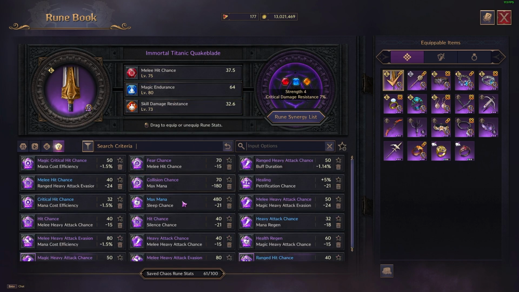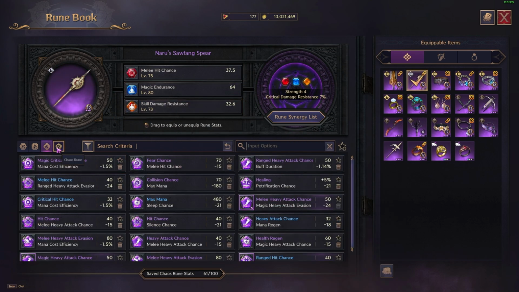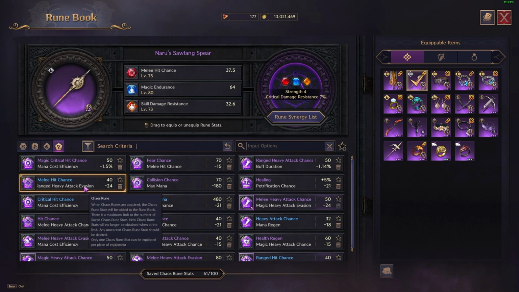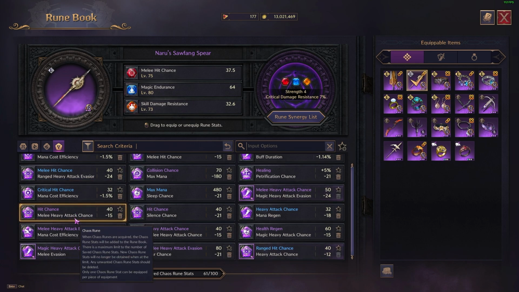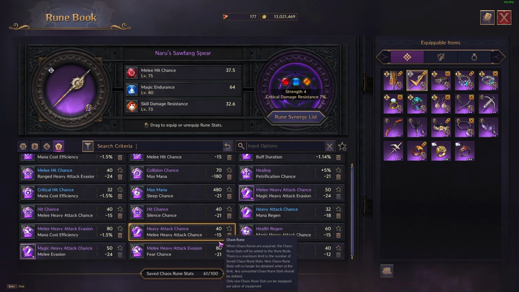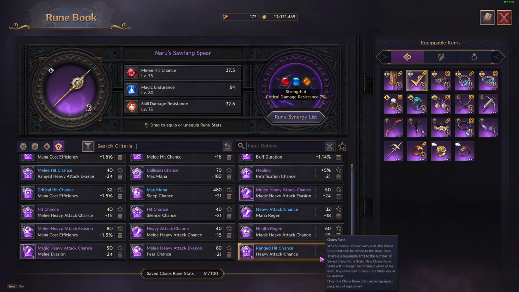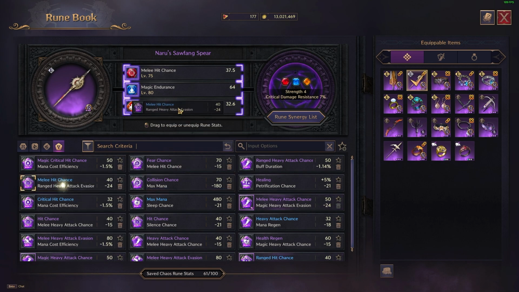But for the runes that I use for my chaos runes, I use a melee heavy attack chance on this one, and then on this one I would use a melee hit chance. I don't care about ranged heavy attack. I don't use this one because it lowers my melee heavy attack chance. Then we can have heavy attack chance but melee heavy attack, so we only get 25 from this, so that's not worth it. We can do heavy attack chance here for more heavy attack chance, or we can just do melee hit chance,